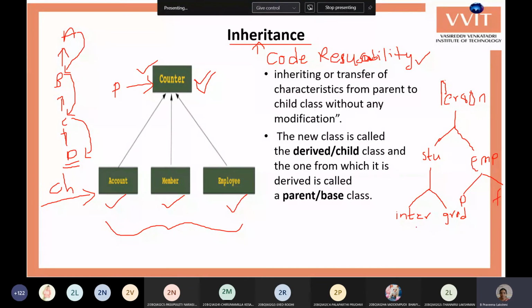An inter student has different data and a graduation student has different data, but commonly they have the student roll number and marks, and even the part-time employee has a salary and employee number, and the full-time employee also has a number and salary. Apart from that, they may additionally have some other data. So like this, we can derive a number of classes to reuse the code which is already available within the existing classes. For this reusability, especially the inheritance concept is used.